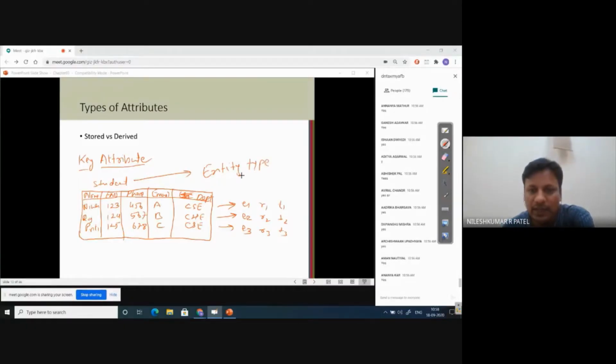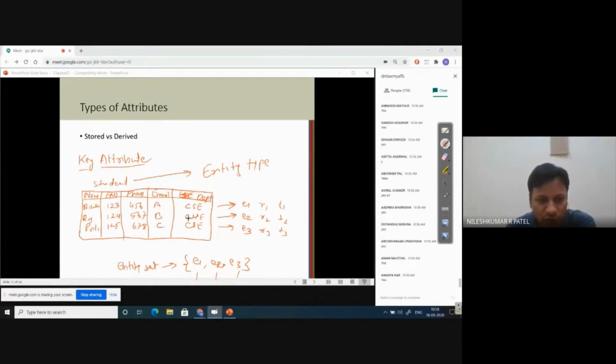I discussed entity type in the last class, and every individual record is one entity. And when we combine entity 1, 2, and entity 3, it is an entity set, right? So every individual, even E2, E3, is an entity, and when we keep it in a set, it becomes an entity set. So this is an entity set.